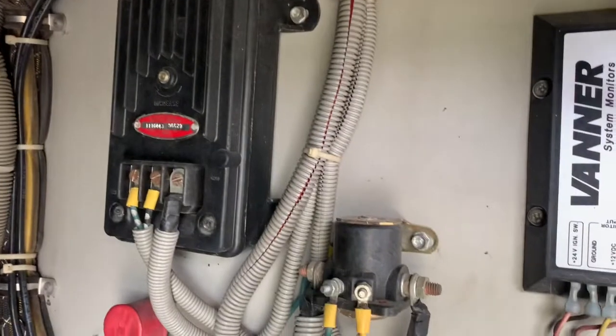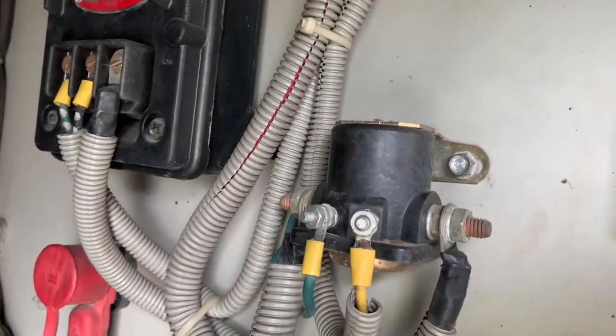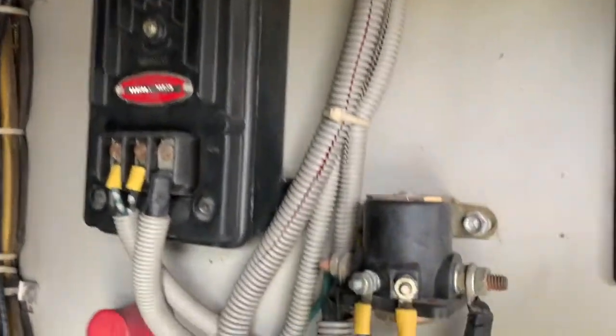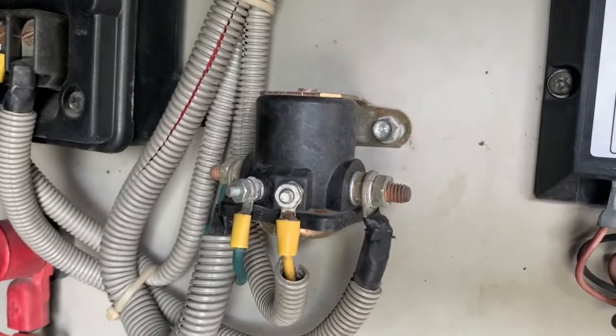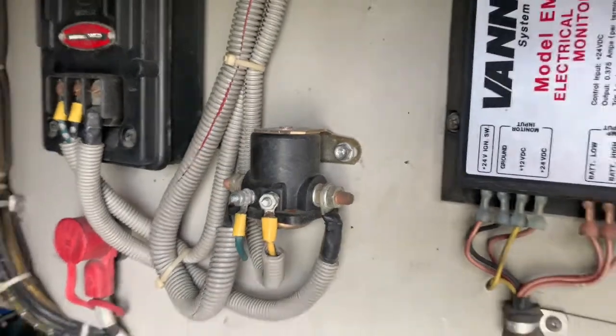So we started to trace everything back, and we found that the voltage regulator and contactor here in the firewall, I'm so used to aviation that I call it a firewall. Those are like master solenoids we have in airplanes. But in the engine compartment here, that solenoid connects the voltage regulator to the alternator. So if that solenoid is not connecting, the alternator will not be charging. So I started to trace the circuit back,